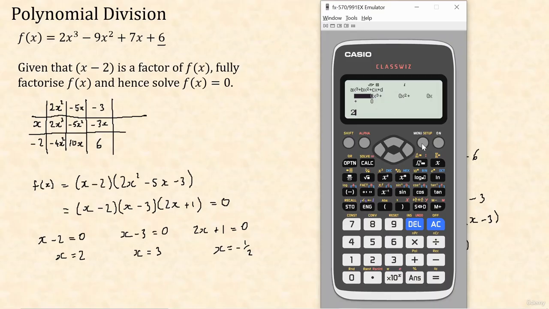So it was 2x cubed minus 9x squared plus 7x plus 6. Here are our answers. So negative a half, yep, we got that. 3, yep, we got that. And 2, yep, we got that. So you can really nicely use the calculator to check your answers, but notice that it didn't actually factorize it